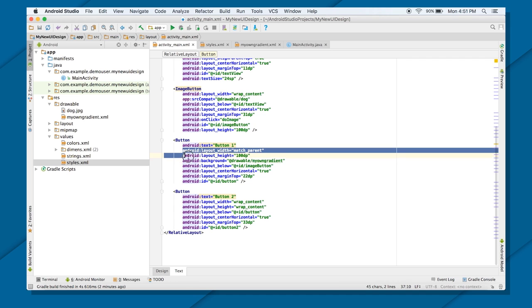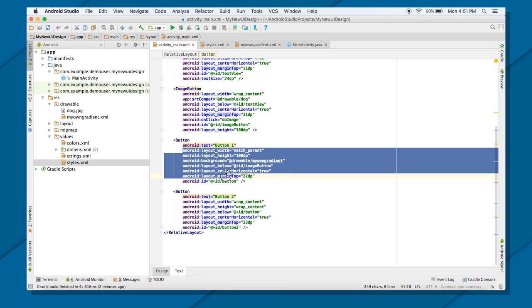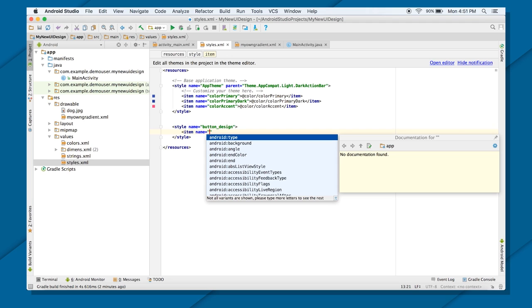From layout to your center horizontal. You don't need to put all these margins and all, because if you do that, what will happen? All those buttons will be placed at the same place, right? So you put it here. So style, and then you put item. You put it Android